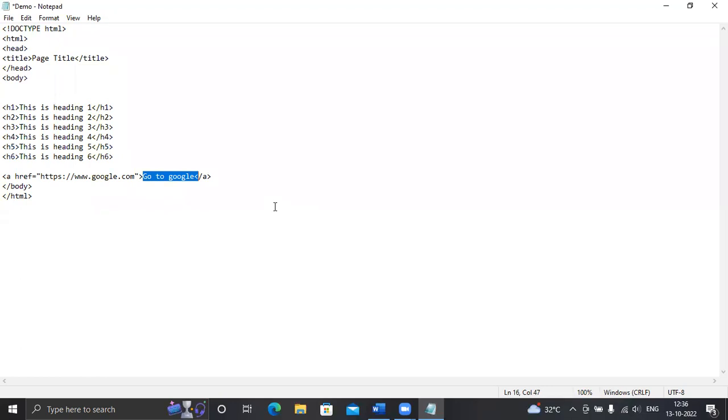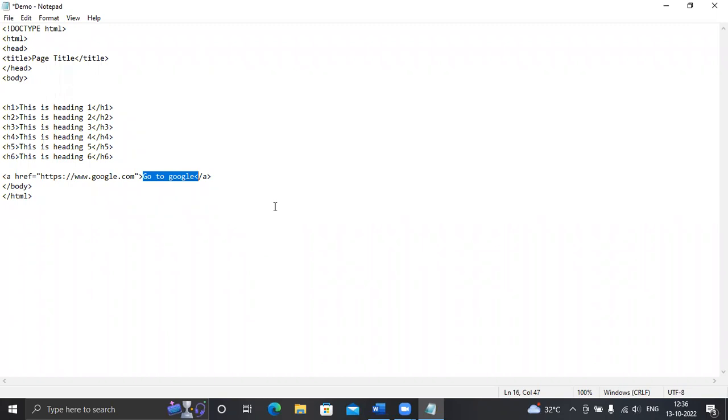Like when you are logging into Facebook, you need to put the login id, then the password, and then click on login if you have an account. If you don't have an account, you need to sign up. Don't have an account, sign up, create an account.